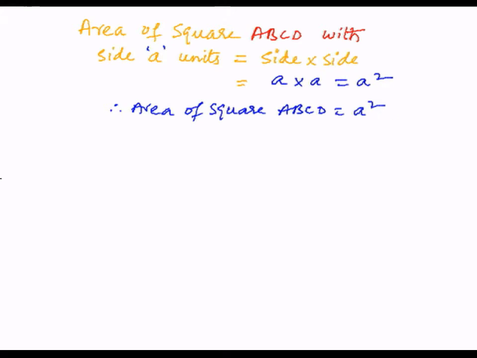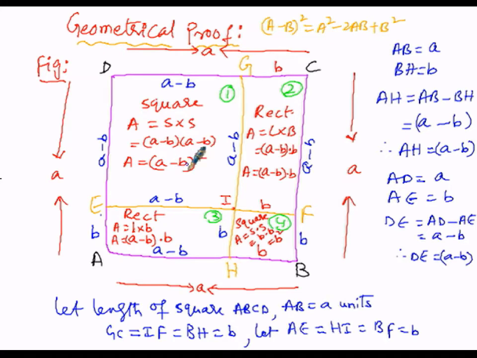Then now in order to get A minus B whole square as the left hand side, we need the area of the first figure. In order to get the area of the first figure from complete area, that is from area of the square, that is ABCD, we have to subtract the area of this figure, that is GCBH once, then again we have to subtract this length of ABFE. So here this part, that is the fourth figure, is subtracted twice.